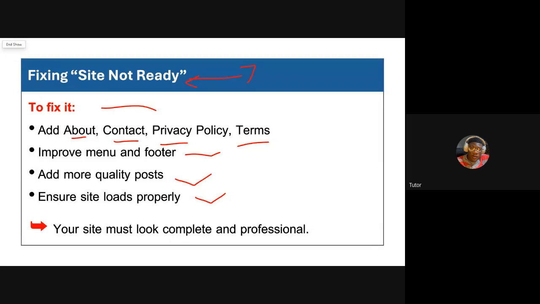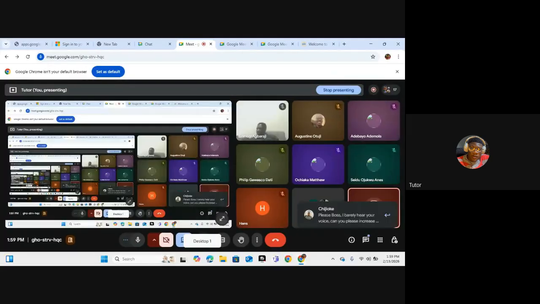If by any day you apply for Google AdSense and get this feedback that your site,